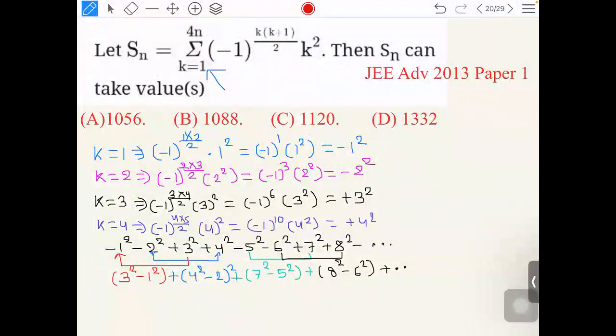अभी 3 स्क्वायर -1 स्क्वायर को क्या लिख सकते हैं? 3 + 1 × 3 - 1, तो ये क्या बन जाएगा आपका? ट्वाइस ऑफ 4 बन गया ये, 3 + 1 × 3 - 1, ठीक है। 3 स्क्वायर -1 स्क्वायर है, सो ट्वाइस ऑफ 4 प्लस यहाँ पे 4 स्क्वायर -2 स्क्वायर, तो 4 स्क्वायर -2 स्क्वायर मतलब 4 + 2 × 4 - 2, तो 2 कॉमन हो गया, तो क्या बन जाएगा ये? फिर 6। फिर नेक्स्ट में क्या हो जाएगा? 2 कॉमन लेंगे तो 7 + 5 12। फिर क्या हो जाएगा? 8 + 6 14